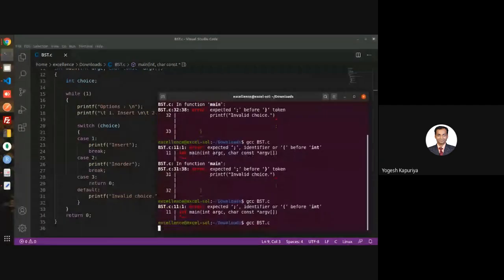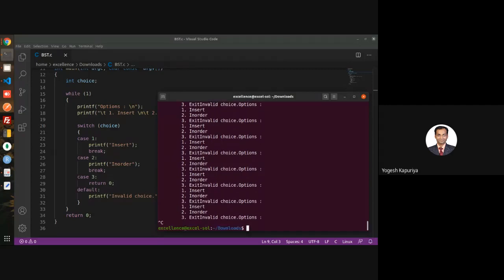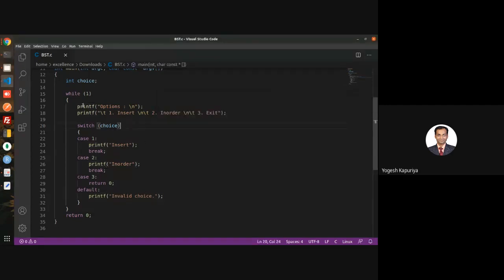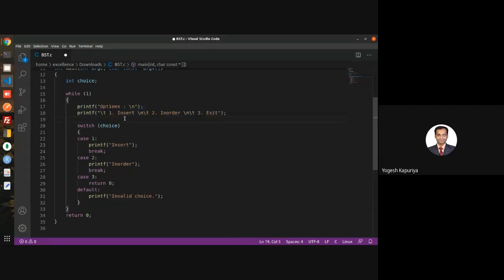Semicolon. Fine. So this is simple. First, I will check whether my... okay, it's not working because I'm not taking a choice. So we require scanf first.